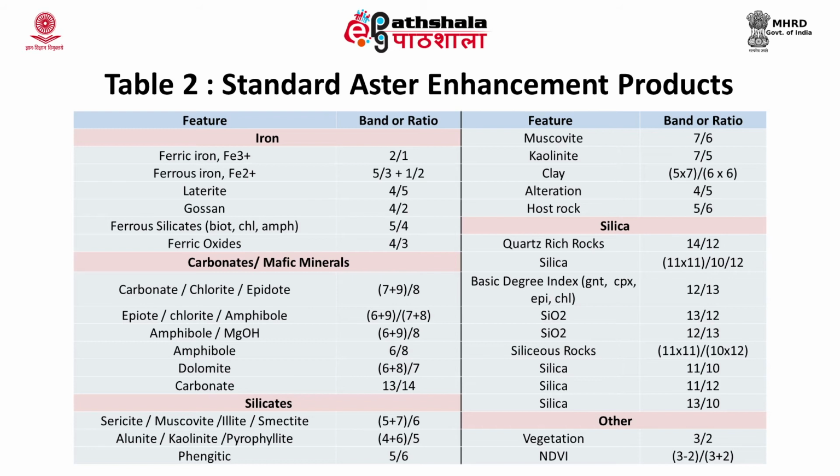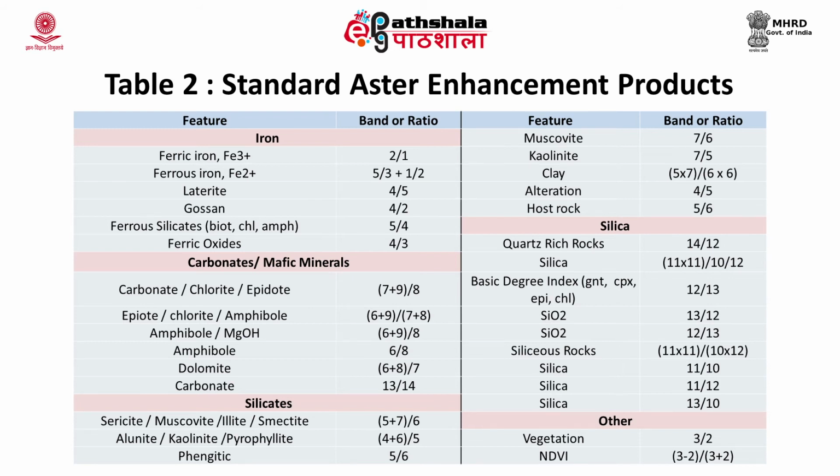And if you have silica rich minerals, for example, quartz rich rocks, then you can go for the TIR bands like 14 by 12. If you have simple silica, then you can go for 11 by 10 or 12. If you have other minerals like garnet, clinopyroxene, epidote, chlorite, you can use 12 by 13. For the different types of silica, you can go for different types of band ratio,